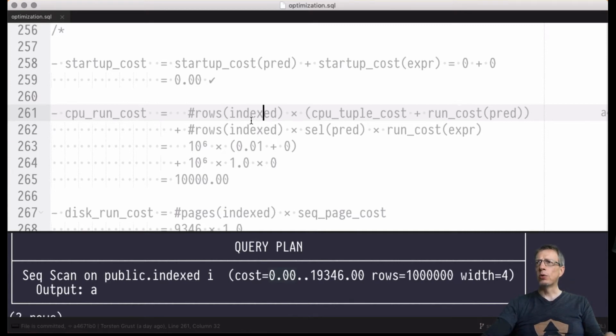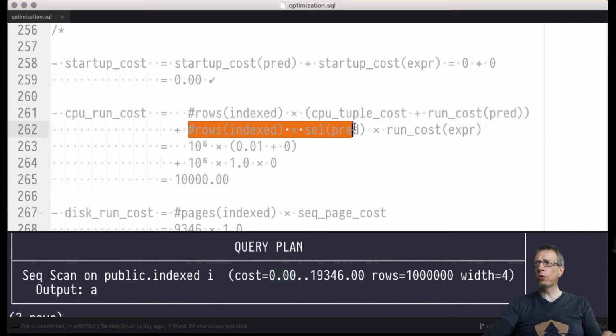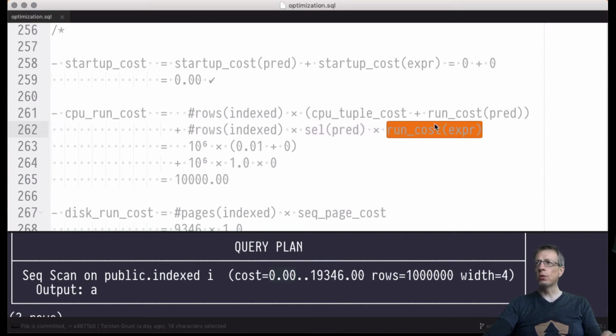All right, now for the run cost, which would be divided into CPU and disk run cost. Okay, so this is just the formula from the slide regarding the CPU run cost. All of the incoming rows, we have to decode these rows and we have to evaluate the predicate. And well, all of the outgoing rows. This is the number of outgoing rows. For those, we have to evaluate the output expression. Right, so well, we simply instantiate